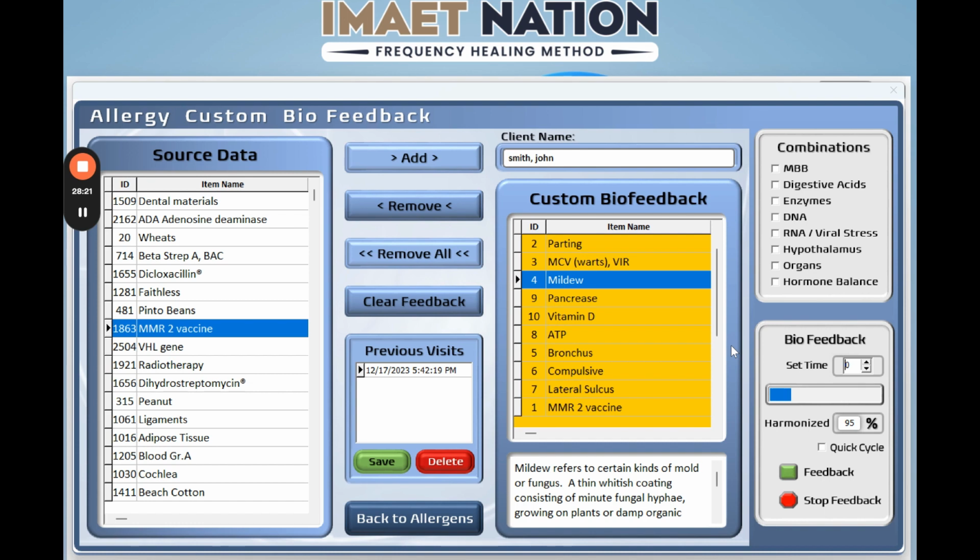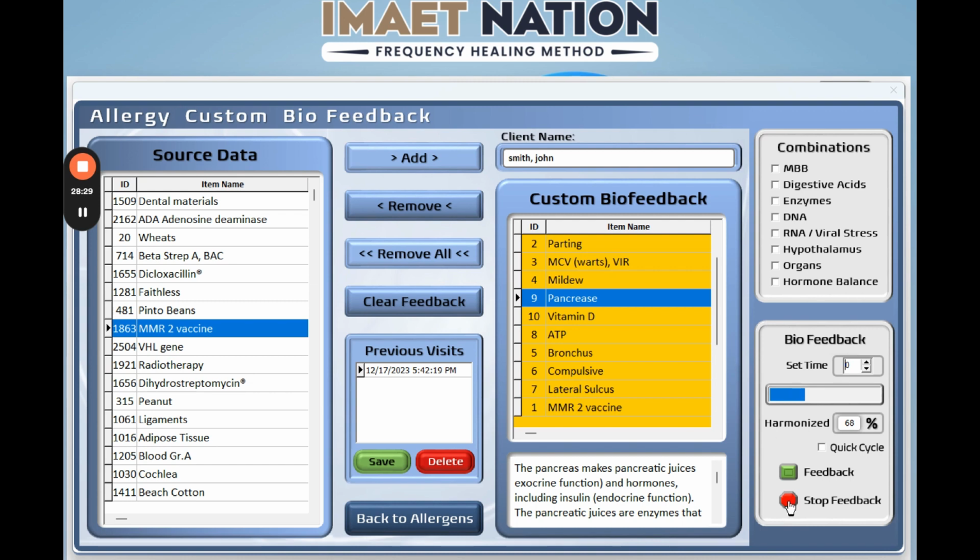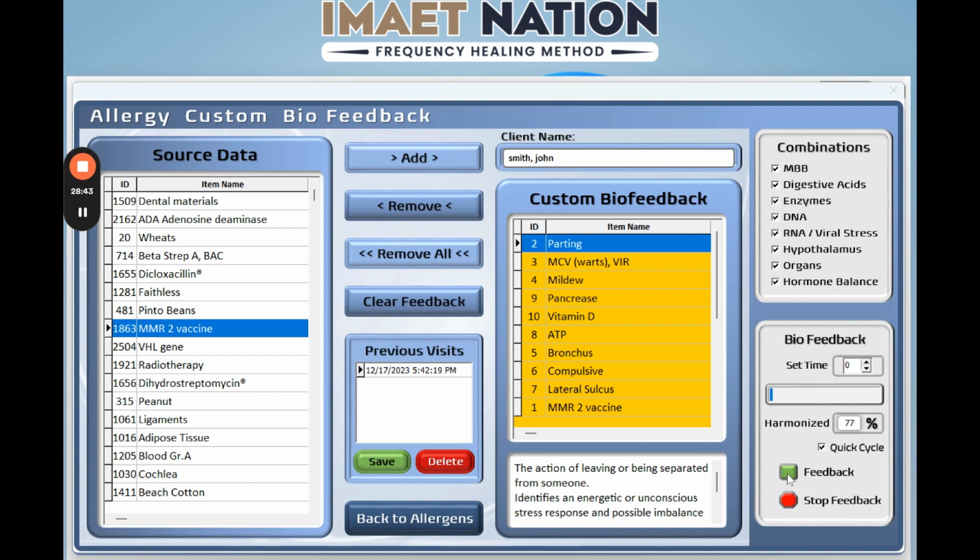Again, we don't want to just tax out the body's ATP. So let's pretend every item here is pretty close to 100. Now we're going to stop the feedback. We're going to click all of these combinations, just like we would have back in the allergen panel. We're going to hit quick cycle. We're going to hit feedback. It's going to treat these again